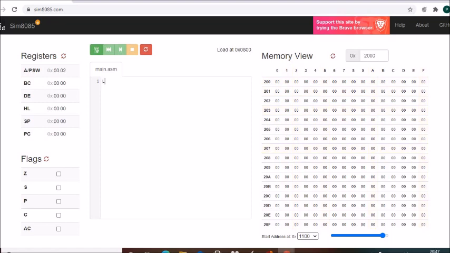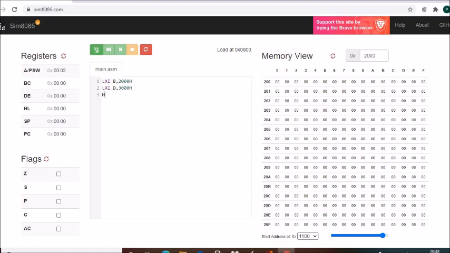LXI B. The first part is initialization: source address initialization and destination address initialization. LXI B 2000H. I have explained everything in the previous video, so I don't have to explain again. LXI H 3000, LXI D 3000H.